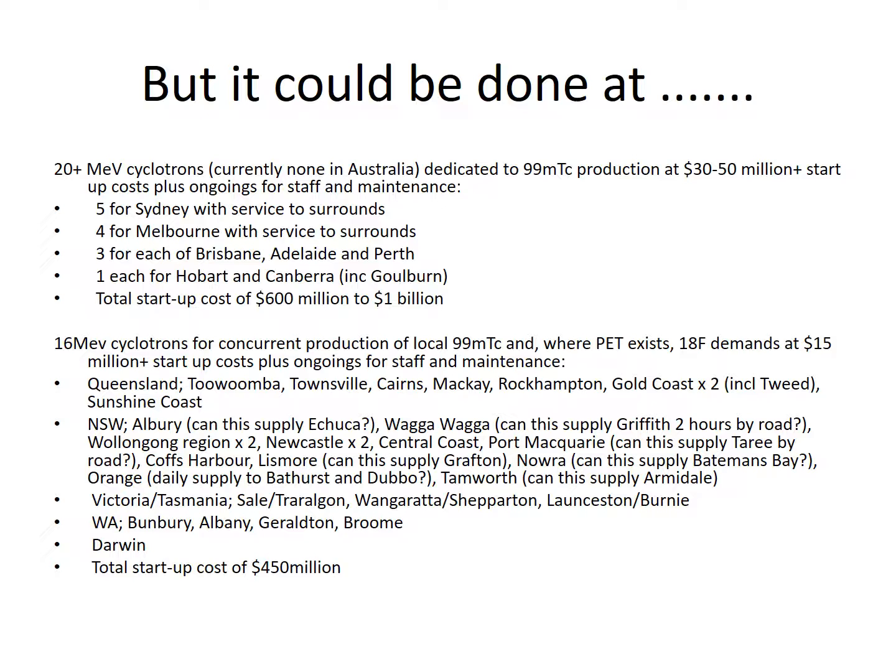That doesn't include ongoing costs of staff, maintenance, product to produce, shipping. Doesn't include any of those costs. That's just the building facility and the equipment. You would need 5 of those in Sydney Basin. You would need 4 in Melbourne, 3 in each of Brisbane, Adelaide and Perth, at least 1 in each of Hobart and Canberra. And so you'd be looking at probably close to $1 billion